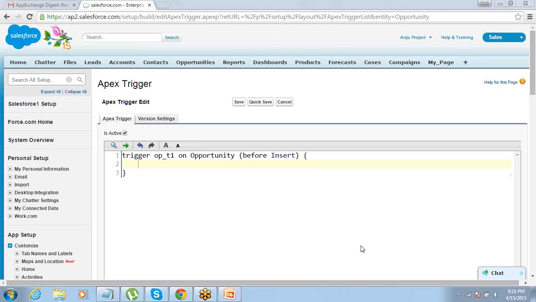So a trigger should always handle a list of records. It should not be written for one single record. Second reason is that Trigger.new itself is a list of records.